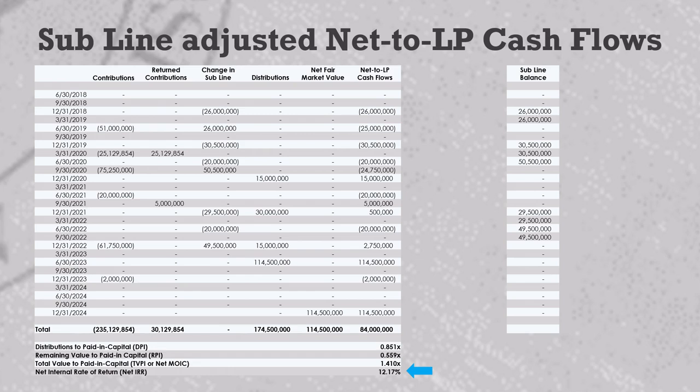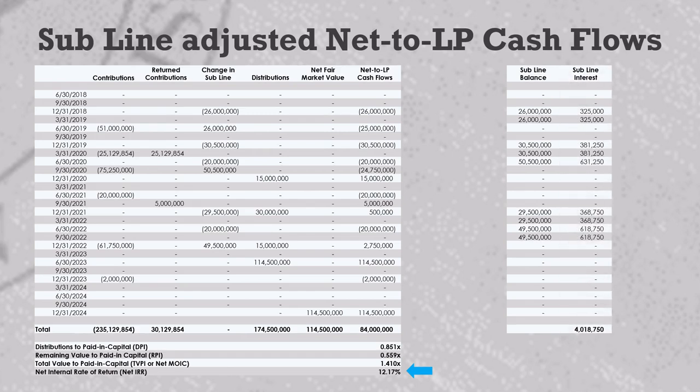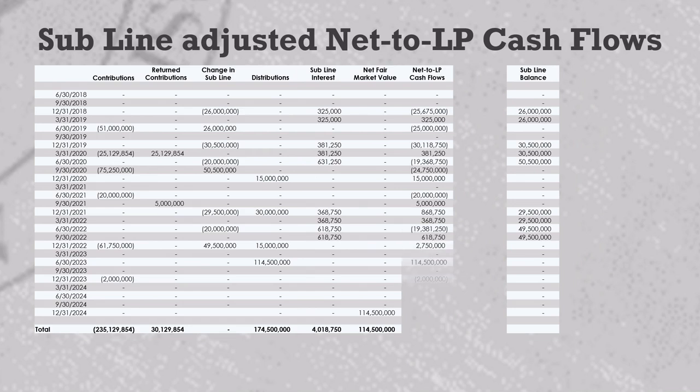But that subscription line also has a cost in the form of interest. Given the subline balances on the right, the interest might add up to about $4 million if the rate was around 5%. Now, I think it's reasonable to ask, if we're adjusting our model to remove the subline's benefit, shouldn't we also adjust it to remove the subline's cost and perhaps add back that interest as if it was a distribution? We can do that by moving these interest payments over to the left, providing a new set of subline